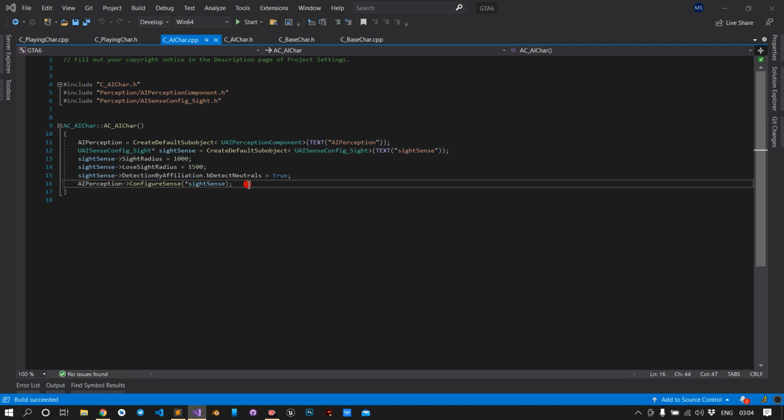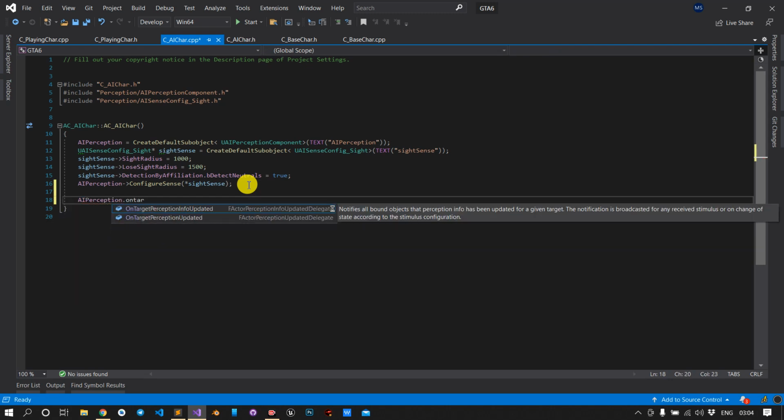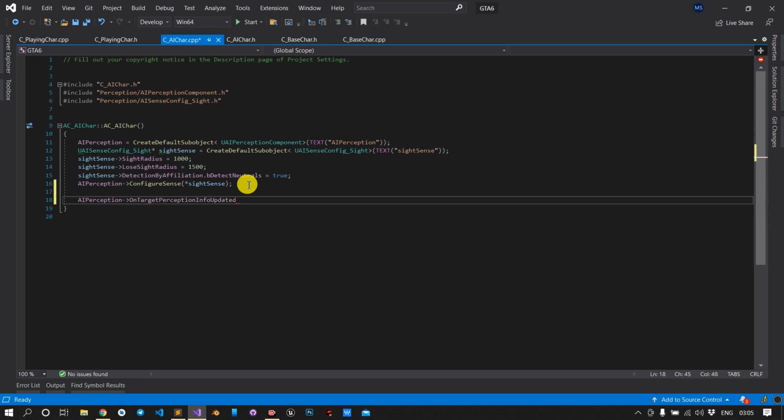Okay, so now we will create the function so that if I have watched that player, I will print something. So AIPerception.OnTargetPerceptionUpdated.AddDynamic. It is the same as when you have a mesh and you want to create an overlap event, it is the same method.